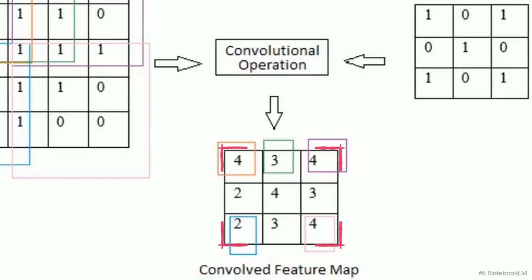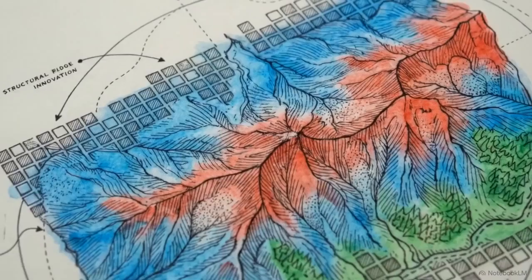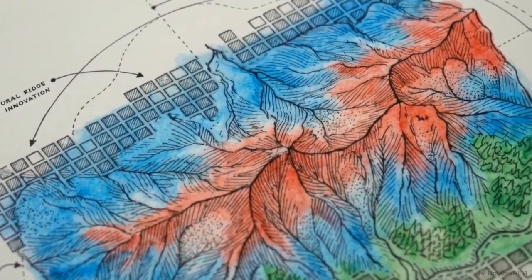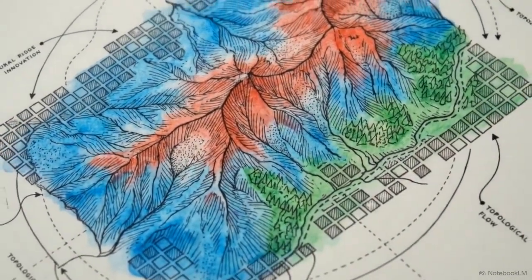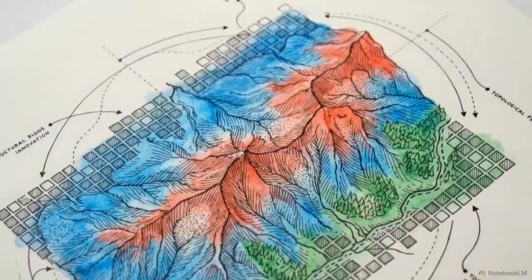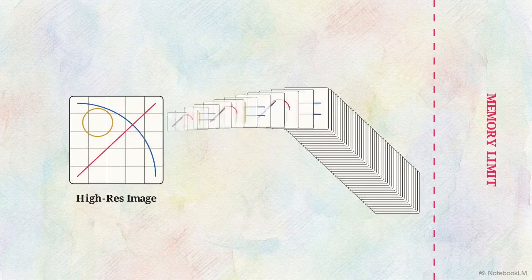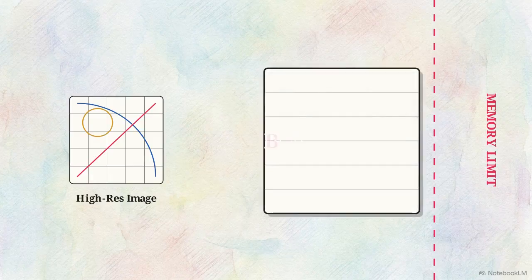These resulting numbers act as a highly specialized detector, designed to activate when they encounter structural patterns like vertical or horizontal edges. The act of convolution takes a meaningless grid of raw pixels and transforms it into an organized topological map of structural features. Extracting feature maps for every single edge across an entire high-resolution image creates an overwhelming, computationally